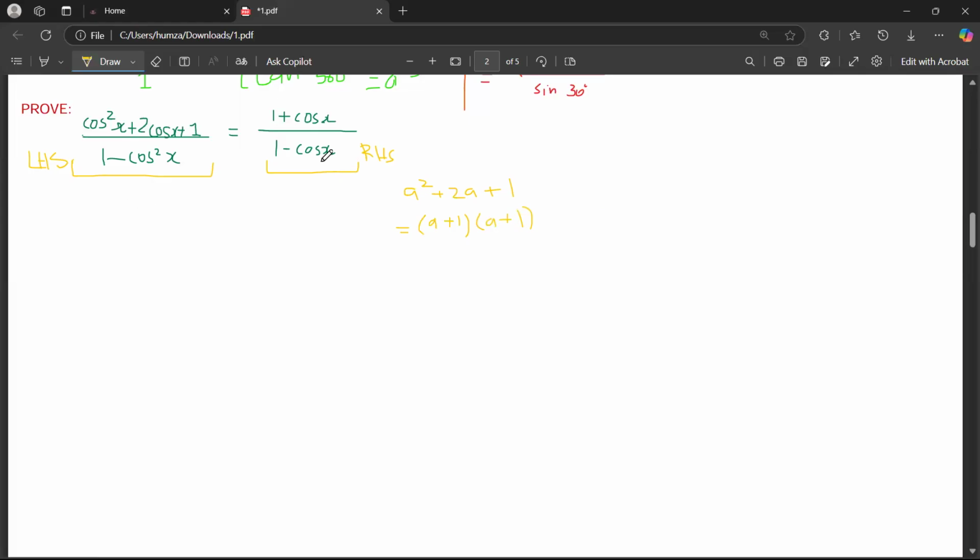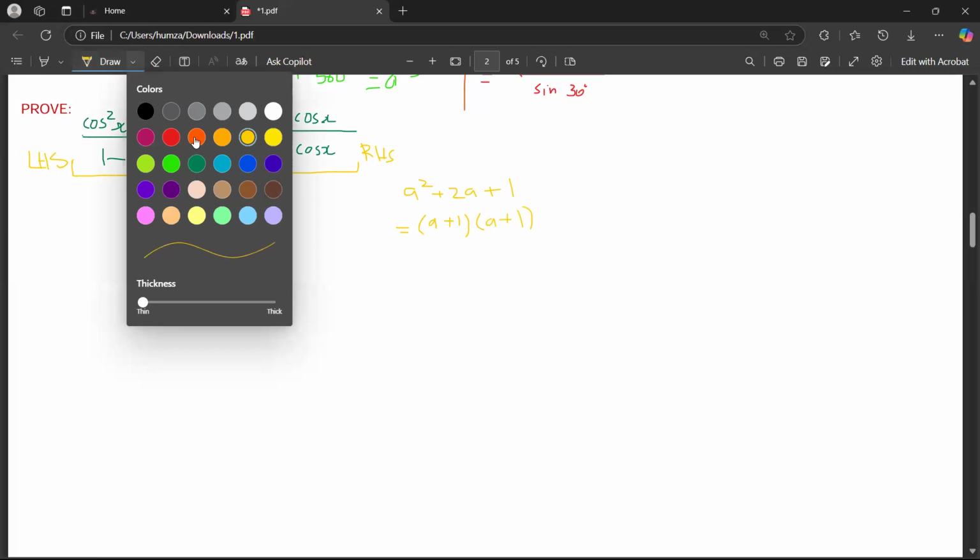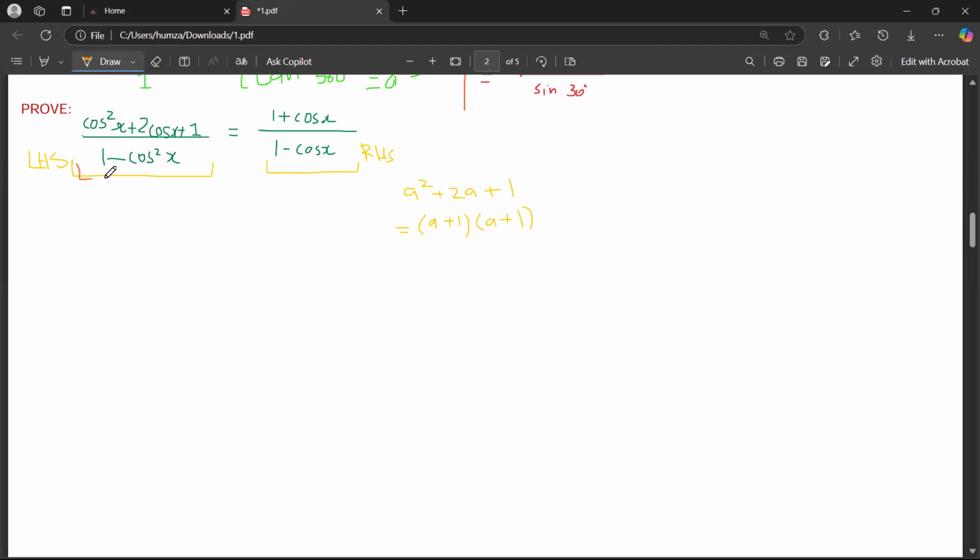We are using the left hand side to prove that it is equal to the right hand side. In the next step, we spotted the algebra because of this 2, so we can say that cos squared x plus 2 cos x plus 1 is the same as